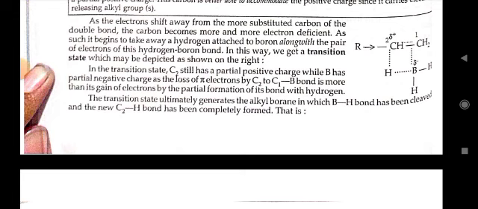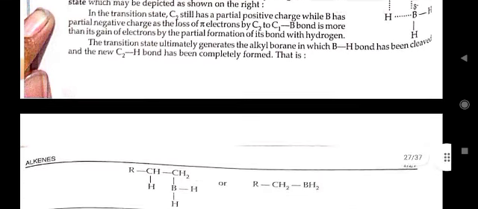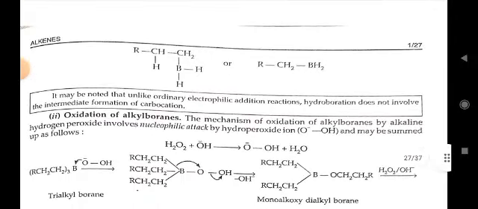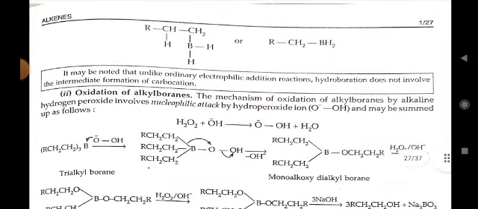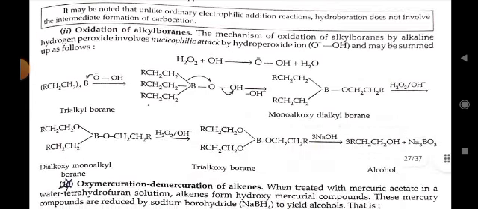The transition state ultimately generates the alkylborane in which the boron-hydrogen bond has been cleaved and the new carbon-2 hydrogen bond has completely formed. It may be noted that unlike ordinary electrophilic addition reactions, hydroboration does not involve the intermediate formation of a carbocation. Oxidation of alkylboranes: the mechanism of oxidation of alkylboranes by alkaline hydrogen peroxide involves nucleophilic attack by hydroperoxide ions and may be summed up as follows: